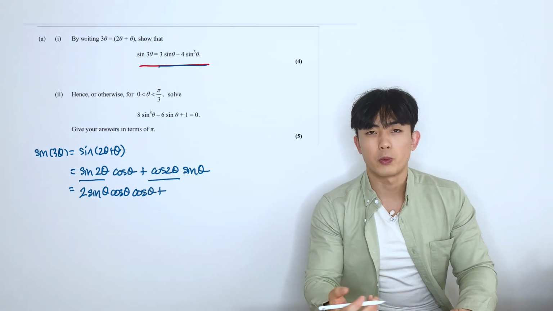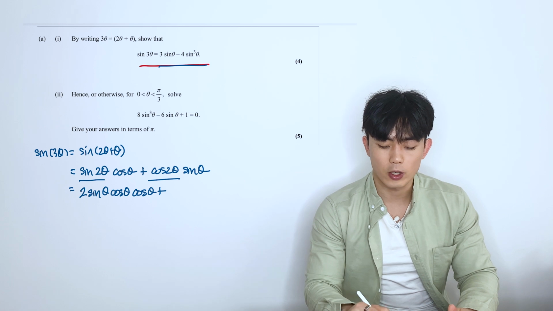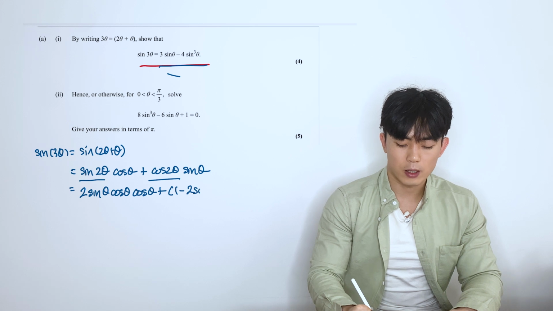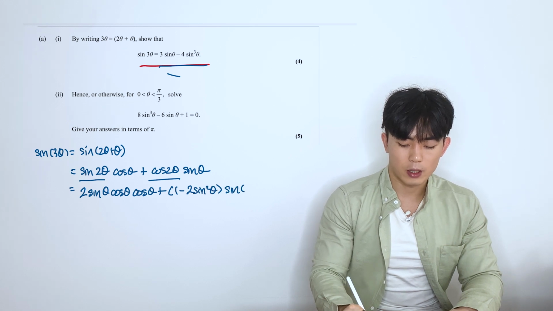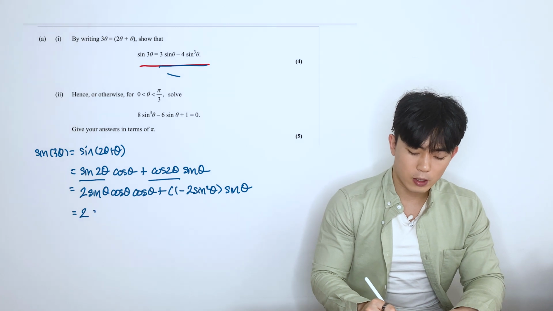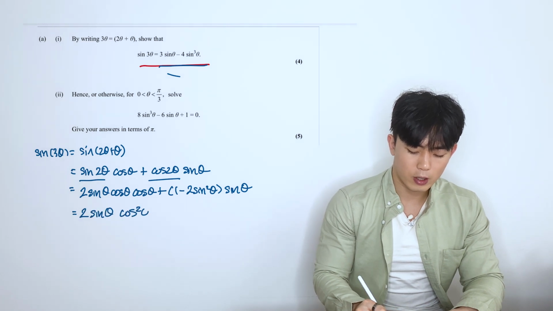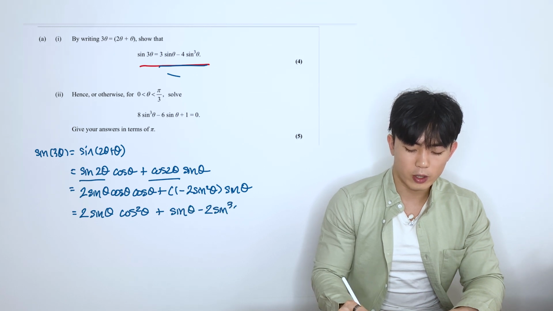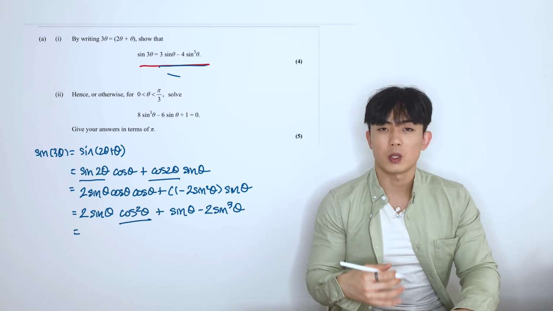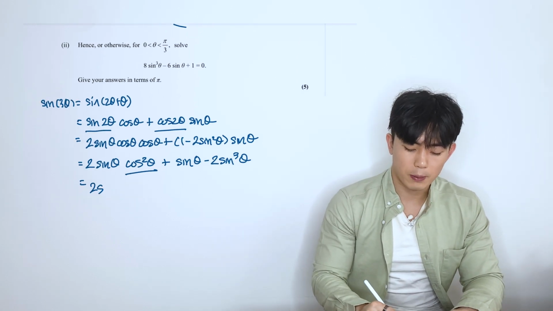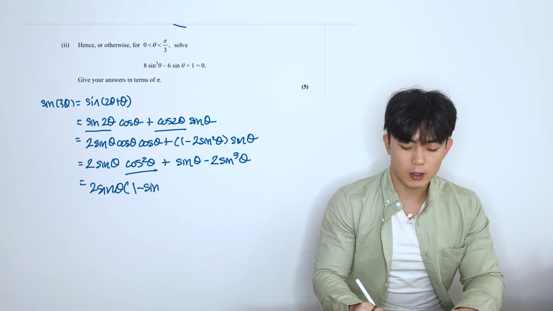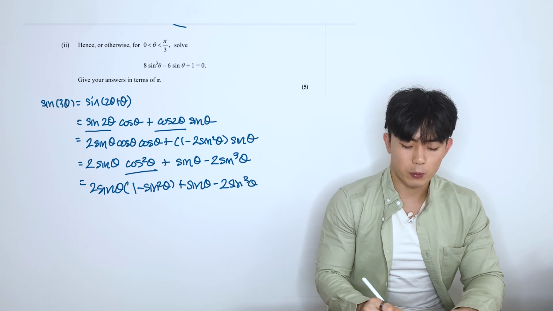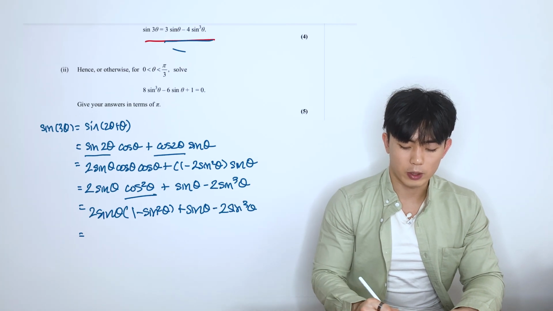Now just to choose which one we're going to expand cos 2 theta with. Well, if you see there's no cos term, so we should probably expand it in the sine term. So that's going to be the 1 minus 2 sine squared theta times sine theta, like so. We can now expand, so 2 sine theta cos squared theta plus sine theta minus 2 sine cubed theta. Once again, we don't want this cos squared term, so we want to change it to sine squared. We can change it by saying it's equal to 1 minus sine squared, like this,